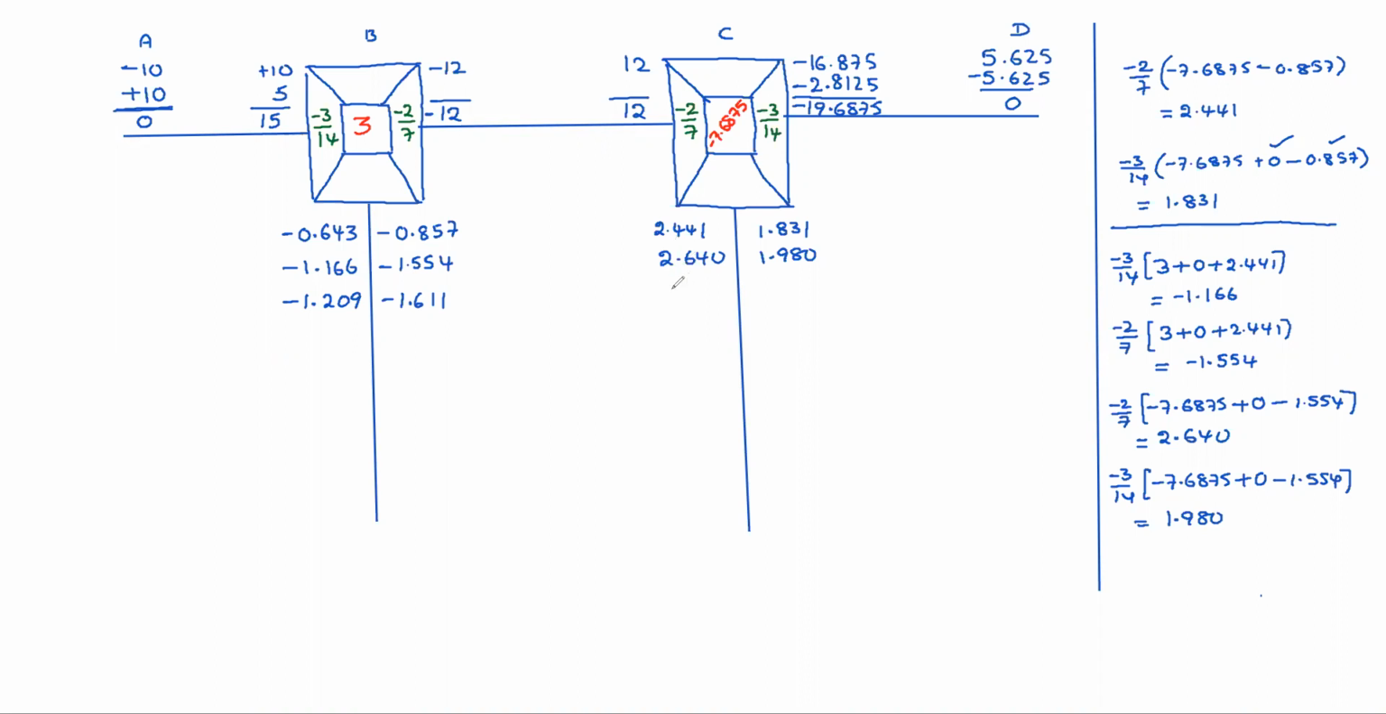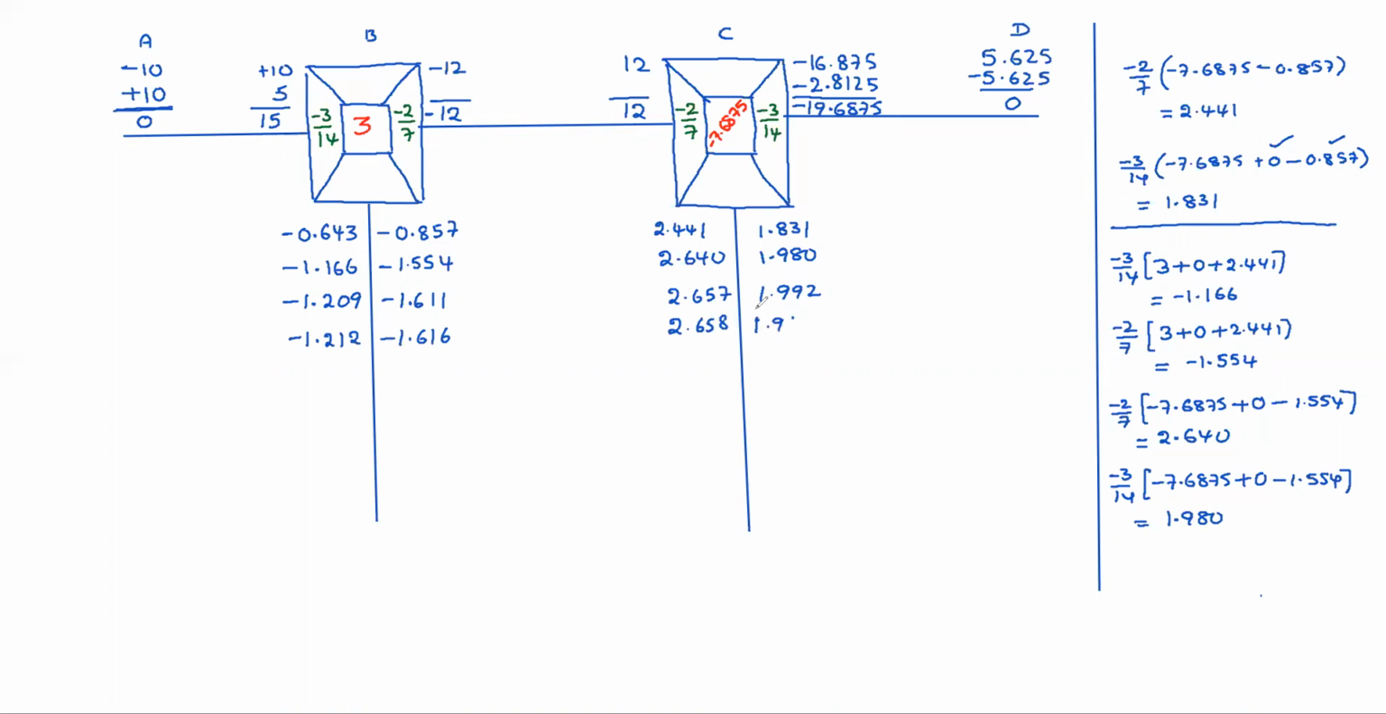So finally we'll get 2.657. Similarly, minus 3/14 into bracket open minus 7.6875 plus 0 plus minus 1.611, 1.993. Okay. Next cycle, similarly, minus 1.212, minus 1.616, here 2.658,